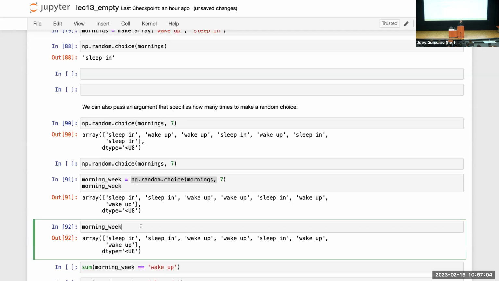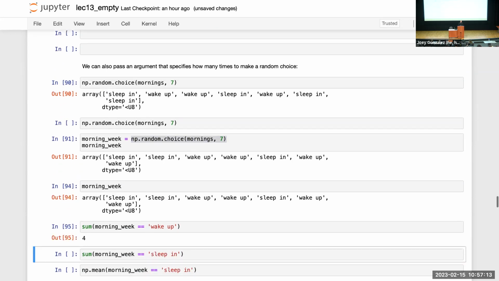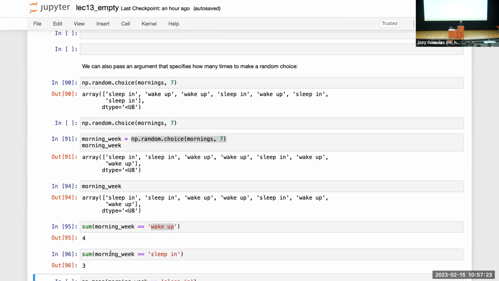Yes. Why? Because I assign the outcome of this random thing to an array. So this is just an array now. It's the same array every time I run it. So if I take the sum, I can compute a sum of a Boolean expression. So morning week equals wake up. Apparently I wake up 4 days in my week. That is not true. I have kids, so I never sleep in, but in this case, I sleep in 3 days